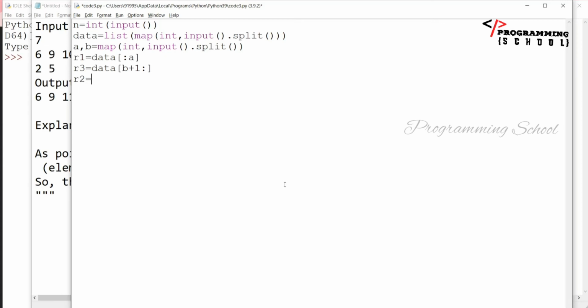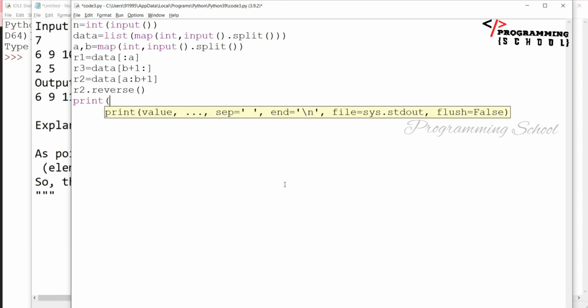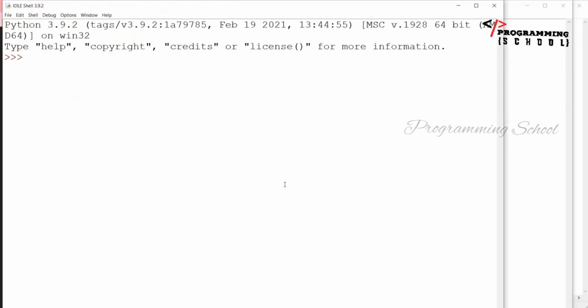Then R2 is equal to data of A colon B plus 1. That means it is going to copy from A to B here. That's it. Now I am going to reverse it. I am going to apply reverse to the values in R2, and then I am going to write simply R1 plus R2 plus R3. That's it. For example, if I execute it,